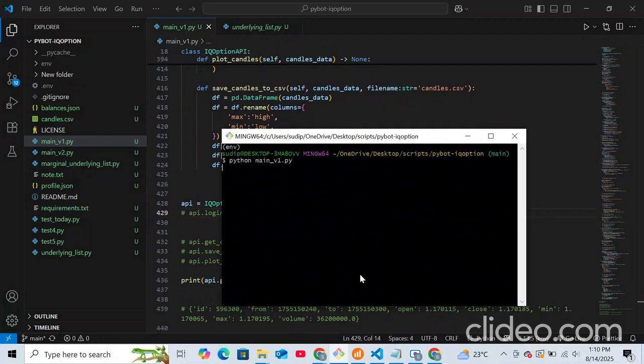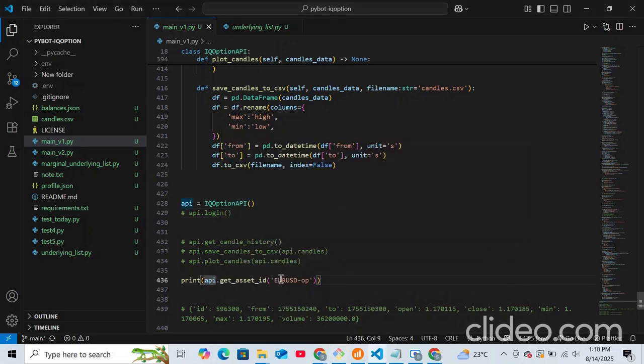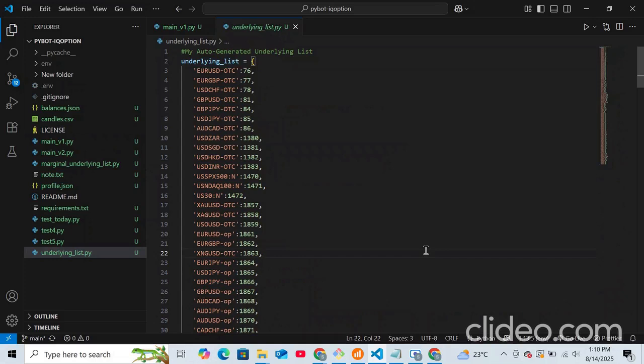We must get the ID if it's available in that underlying list, and it's giving us 1861. And for EURUSD-OP, let's find it, and here you can see the ID is indeed